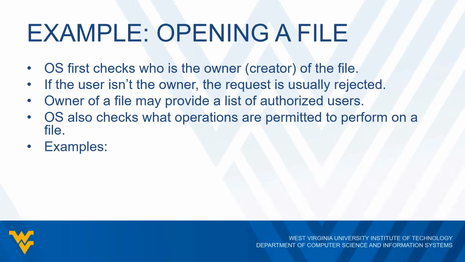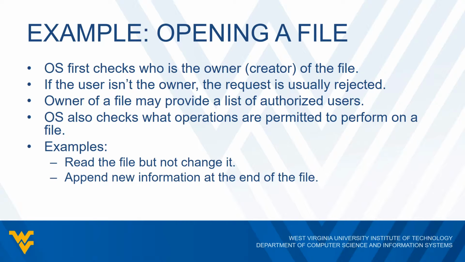So we can take a look at just a couple of examples here. So you may be able to read a file but not make any changes to it. You may be able to append new information to the end of the file but not change existing information. You may be allowed to change existing information in the file, or you may even be allowed to delete the